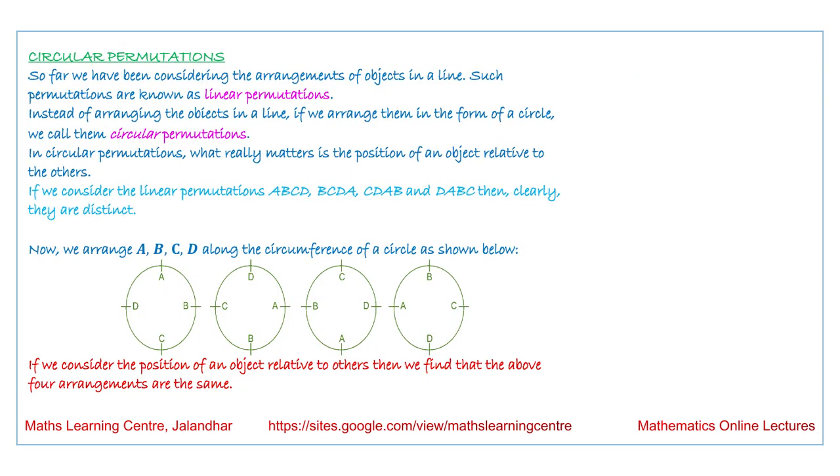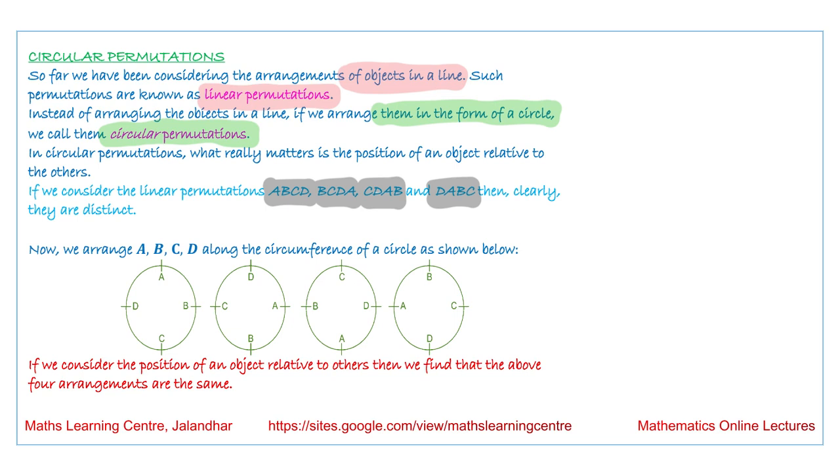Next is circular permutations. Till now what we have studied is that the arrangements are of objects arranged in a line, and these arrangements are called linear permutations. Now in place of this we are arranging them in the form of a circle, and these are called circular permutations. If we are talking about linear permutations, we have A, B, C, D, B, C, D, A, C, D, A, B and D, A, B, C. Then these are all